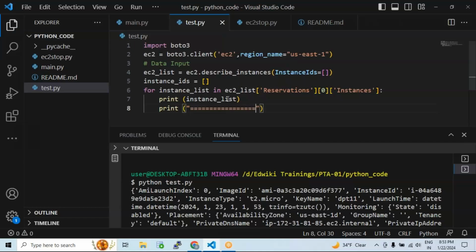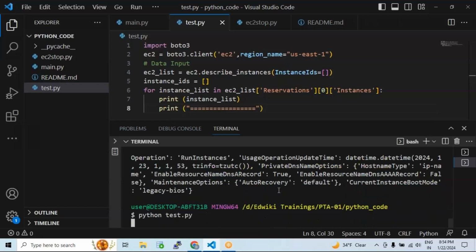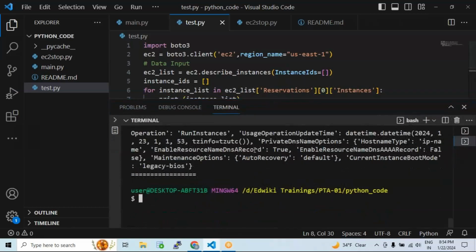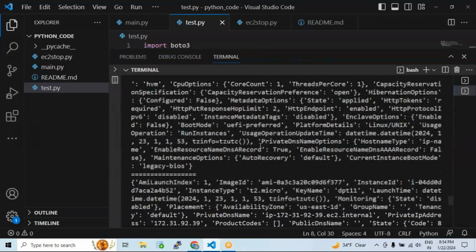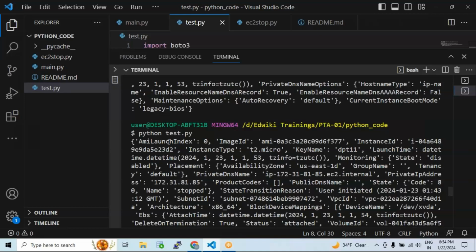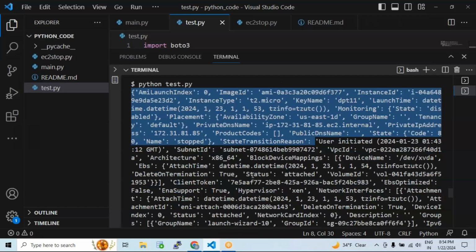This is just a development strategy that I'm following, right? So now if I execute this test.py, and you look into the output, you see this is where I executed the test.py and the output started here. Probably this is the first EC2 server data, correct? If you scroll down a little,